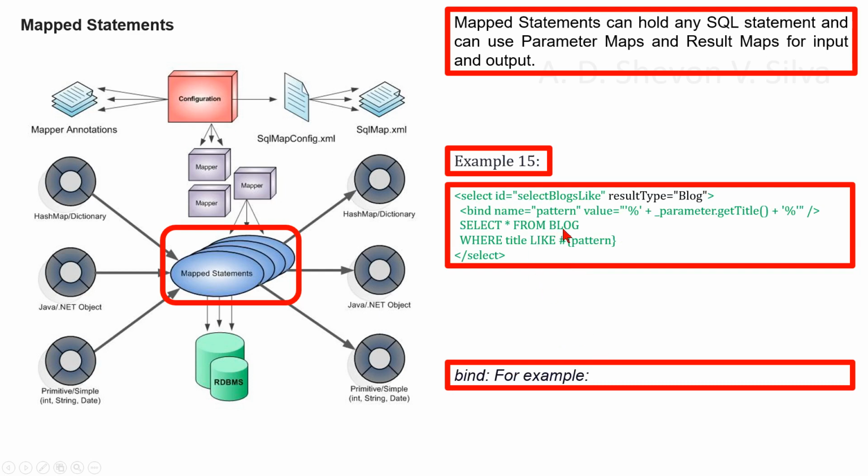For example here, the bind element lets you create a variable out of an OGNL expression and bind it to the context. For example here,